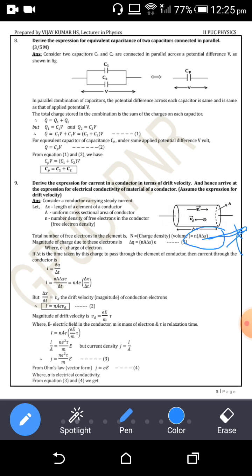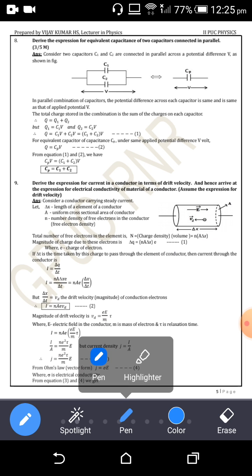That gives the charge of all the electrons present inside the conductor. Here e is the charge of the electron. So let us say that if delta t is the time taken by this charge to pass through the element of conductor, then the current through the conductor is